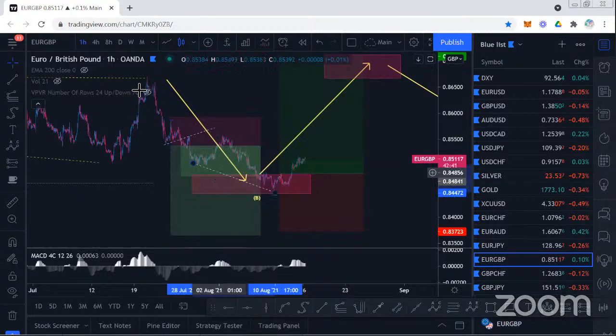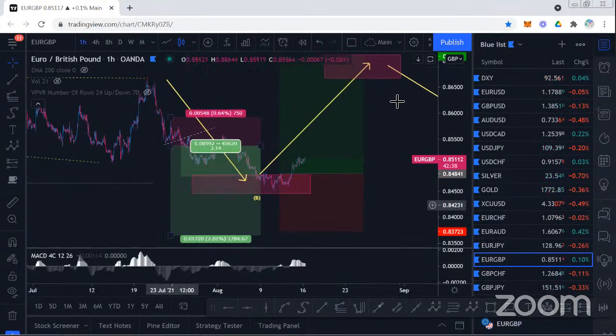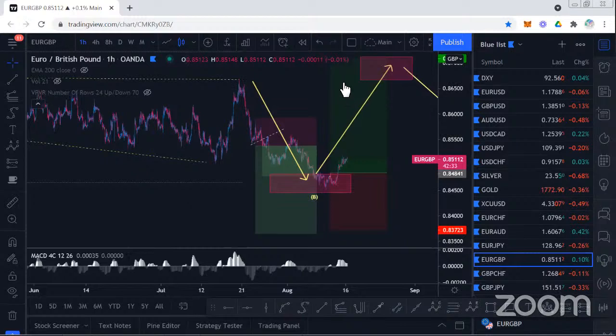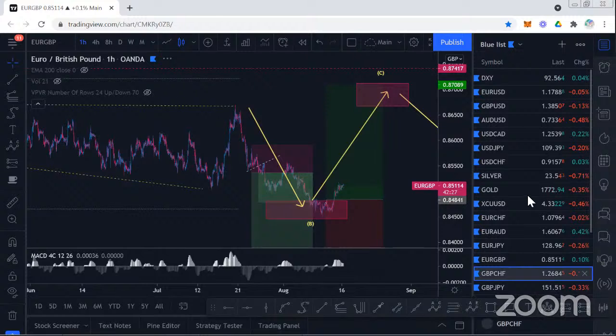So we should see a nice upside from here, and this should continue to rally pretty nicely, and then we can look for the short once we hit that 87 region. Hopefully we get to our full target of the trade up at 87.10, and then we can see that turn to the downside from there.